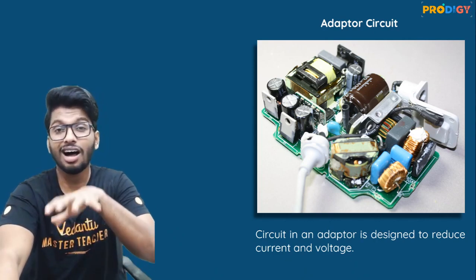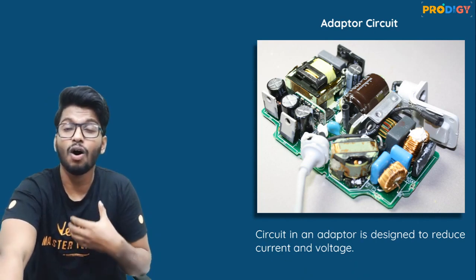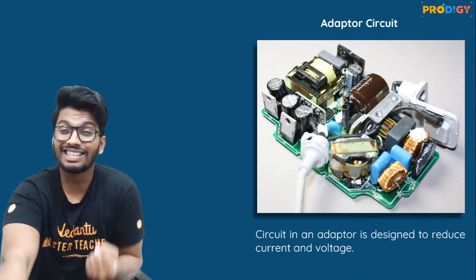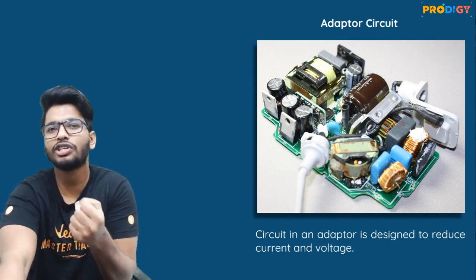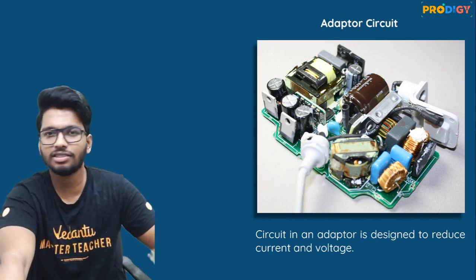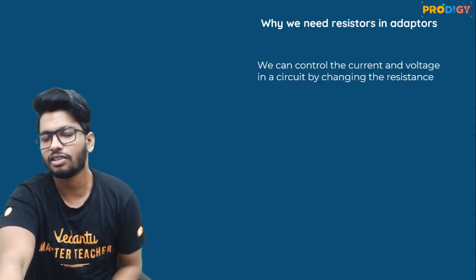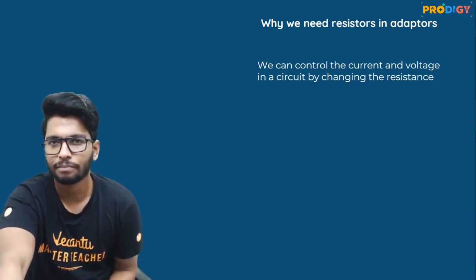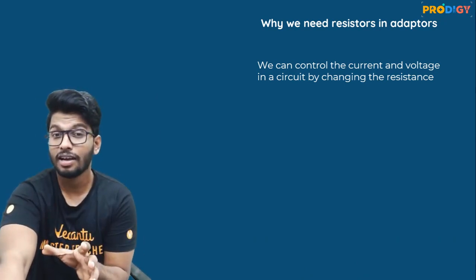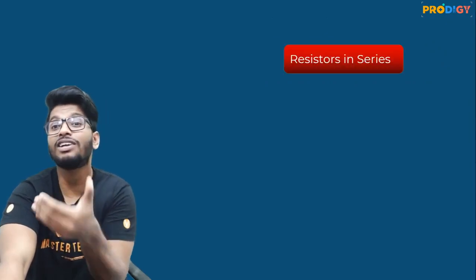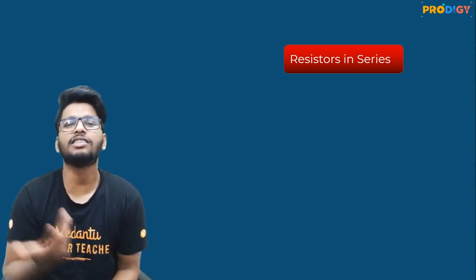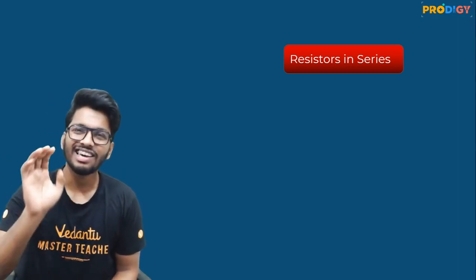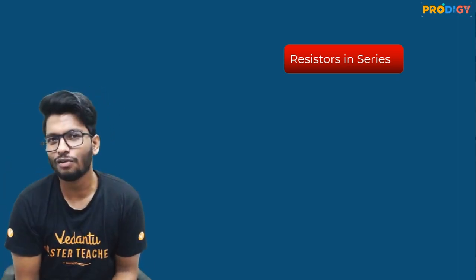So the adapters are basically inbuilt with some sort of resistors in order to provide resistance so that the current and voltage can be reduced so that the device does not just burn up or get affected in whatsoever manner. That is the whole point of having an adapter, and that is done with the help of resistors. And again, what is a resistor? As I've told you already in the last session, resistors are nothing but electronic devices that provide resistance in a circuit. And what is resistance? The obstruction offered to the flow of current.